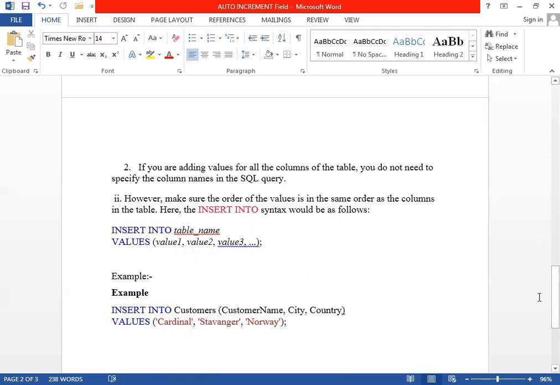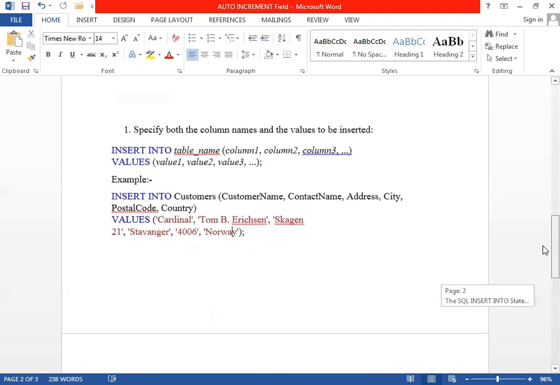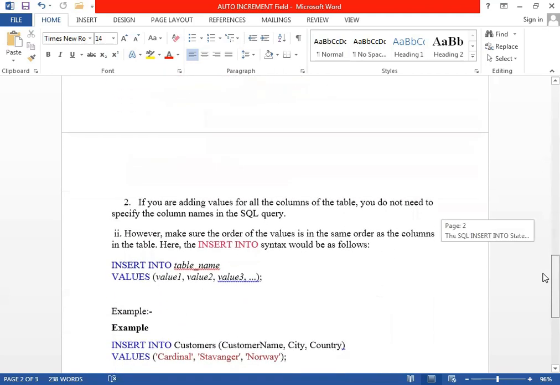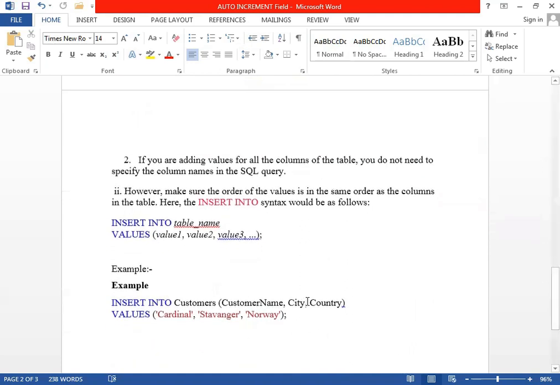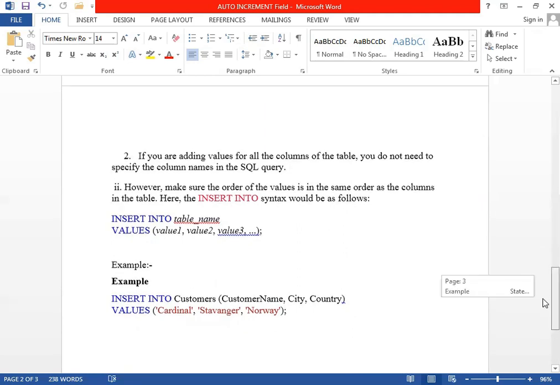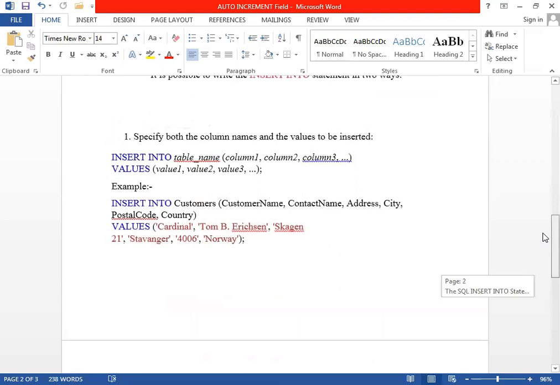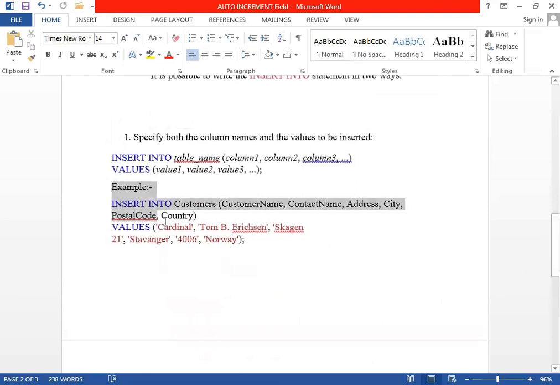When we compare the same with the previous one, we can see we have avoided certain terms. Here we made a selective choice of the fields with respect to which we could enter in the second case. So this is how INSERT INTO all the fields and INSERT INTO a specific number of fields of a table can be done. Now we can do the same thing by just copying and pasting this